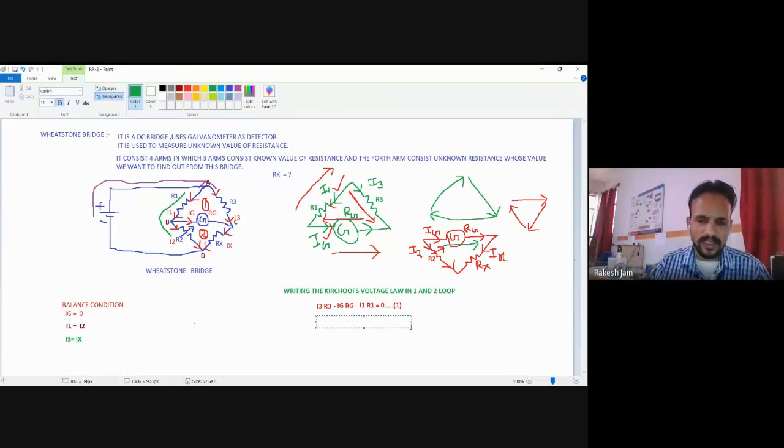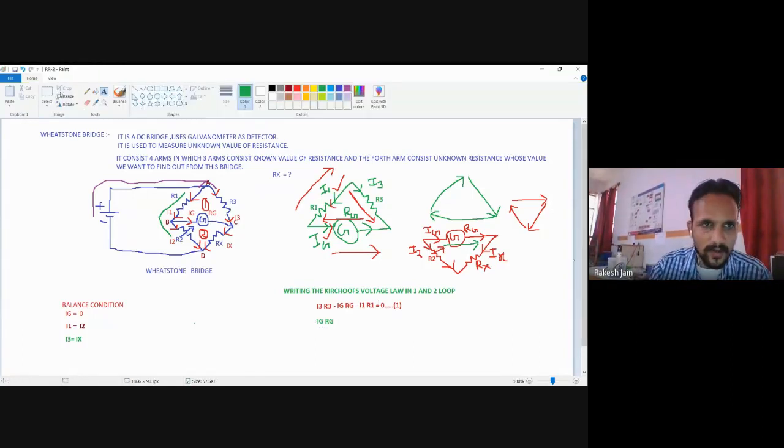So how can we write down the different voltages in these three arms? Current multiplied by the resistance. So what is the current in this? First, Ig is the current, and what is the resistance? We choose the resistance of the galvanometer as Rg. Now I am going here, in this direction. My direction is this one, and the given current direction Ix is also this one. So I again write down with the positive sign, Ix Rx.